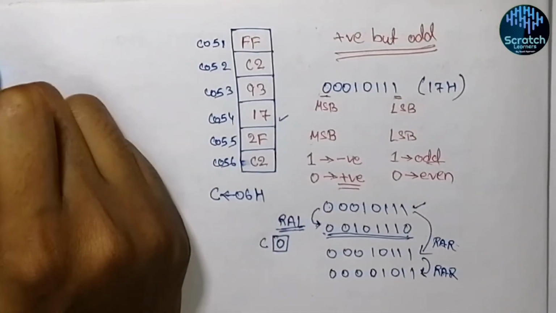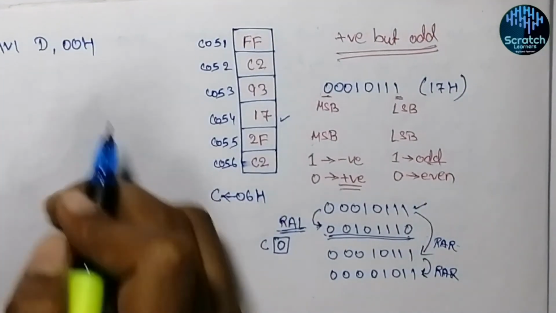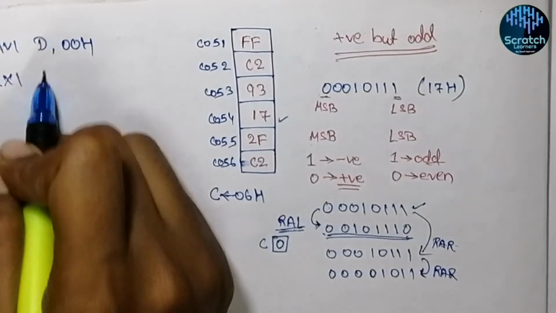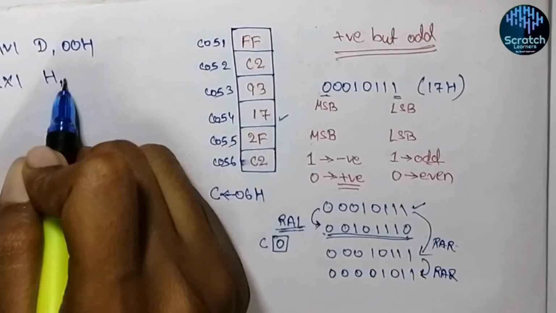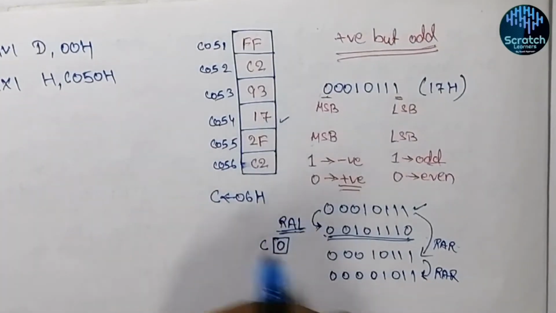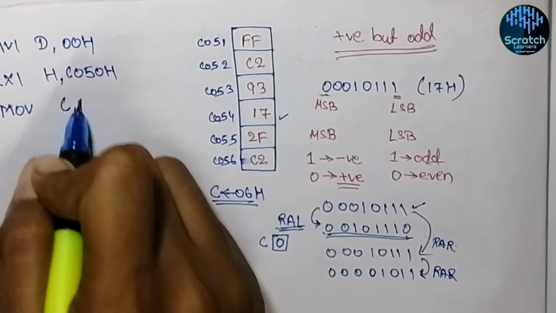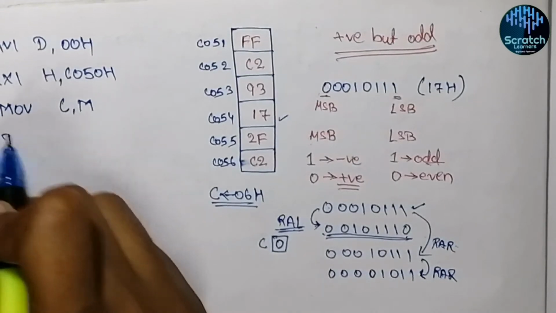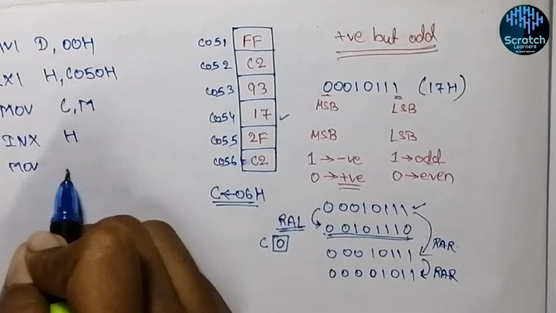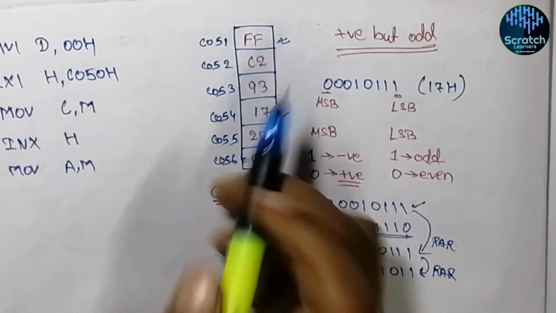So first of all, let's initialize a register, like the D register, with 00 hex, so that the D register does not contain any garbage value. Now the next step is to initialize a memory location, that is the HL register pair, from some memory address, that is C050 hex here. First of all, we will input the total number of elements in the array and move it into register C, right? Now we will start inputting the first data. So this is the first data, and move it into the accumulator. All right, now we have our first data in the accumulator.